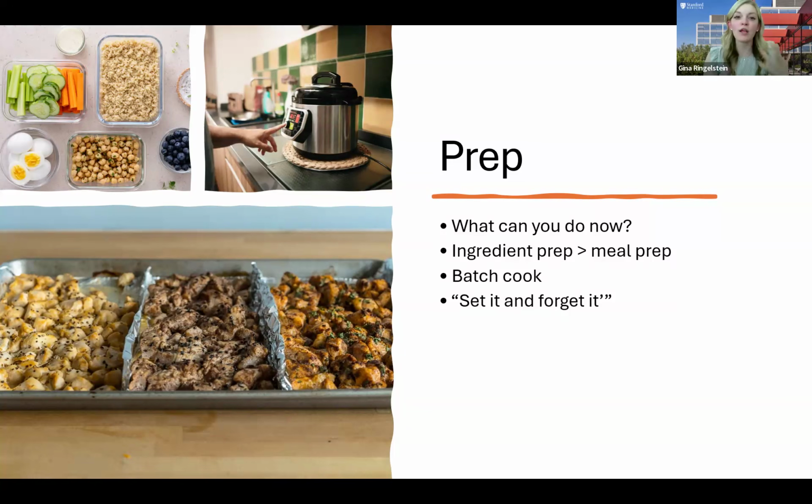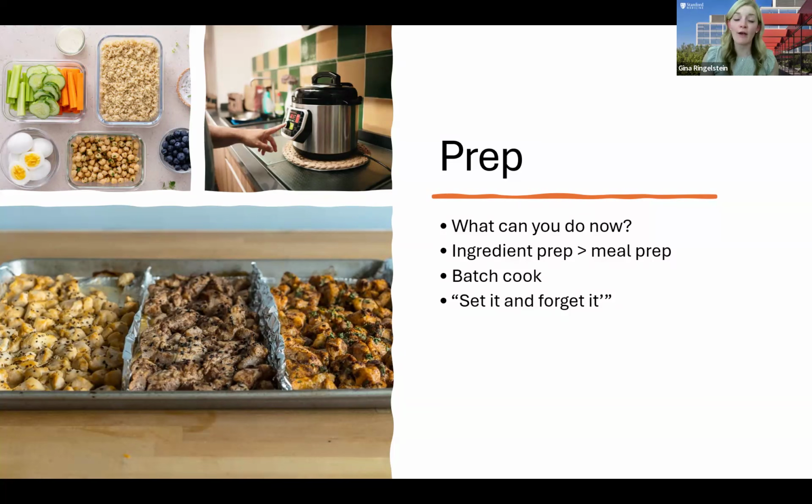So this is where I want you to think about utilizing ingredient prep rather than focusing on that classic meal prep, where maybe some of us have seen it online or follow social media influencers or bloggers and you see their perfectly prepped meal of brown rice and broccoli and chicken. That takes a lot of time and effort, and that's great if you're able to do that. But again, we're really thinking about the time and also sticking to the plan. We want to keep it as simple as possible.